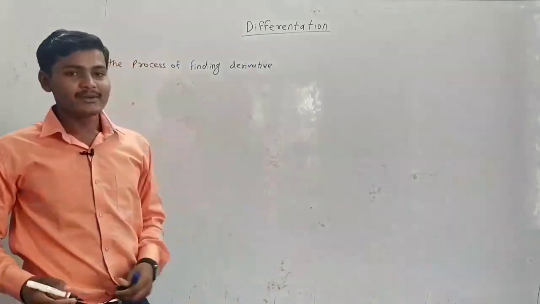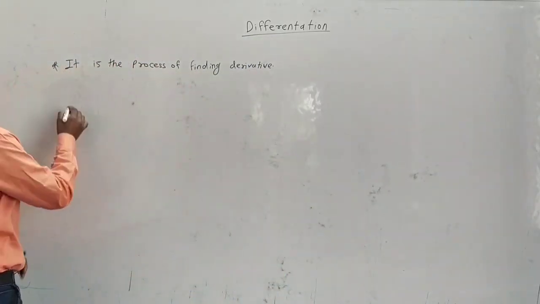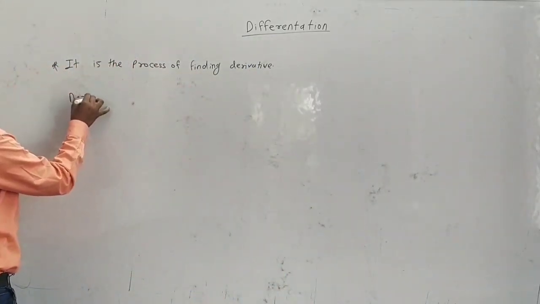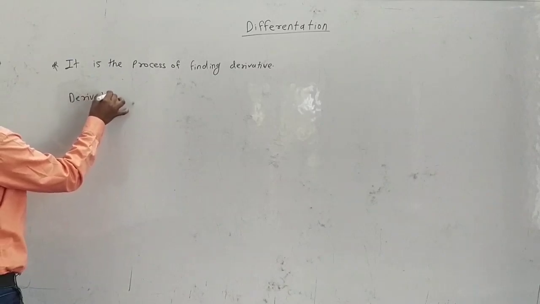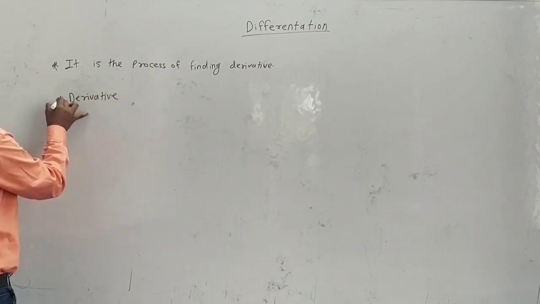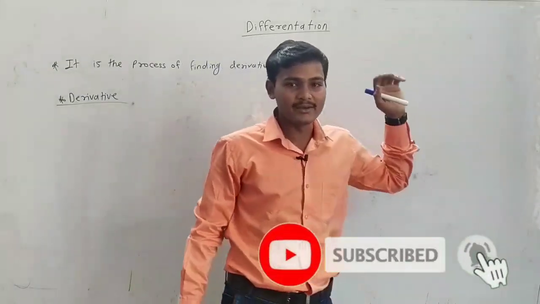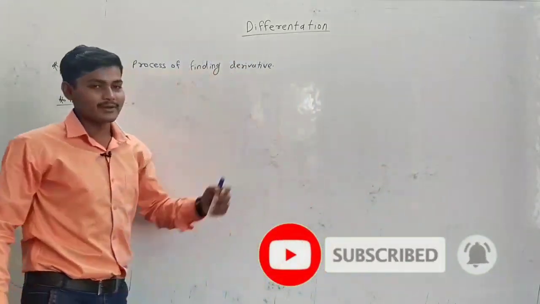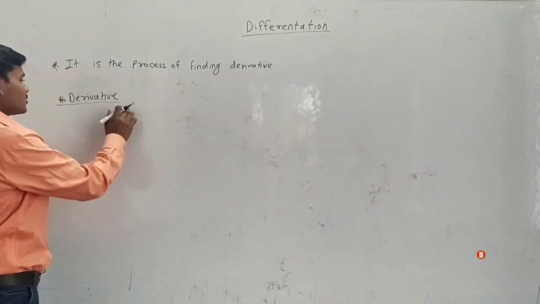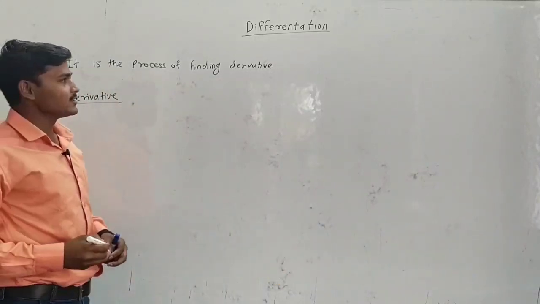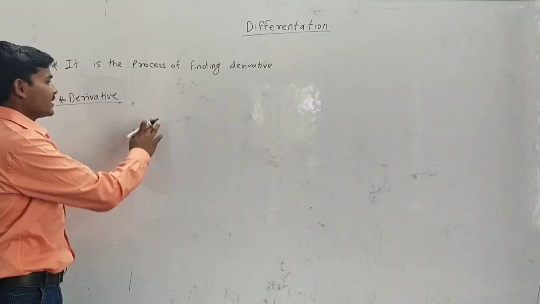Then what is the derivative? We should know what the derivative is. Differentiation is the process of finding the derivative. Then what is the derivative? So the derivative is nothing but the rate of change